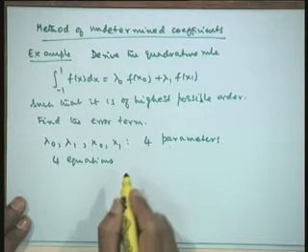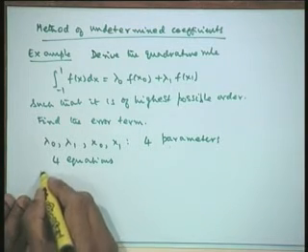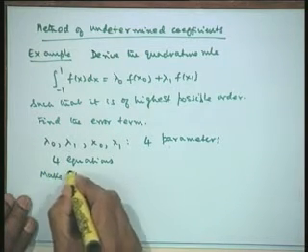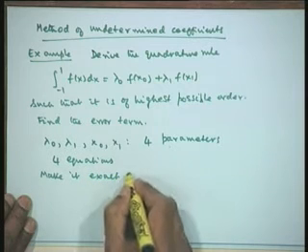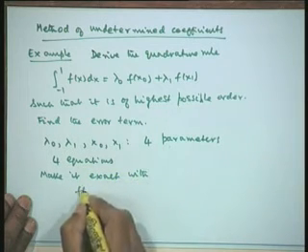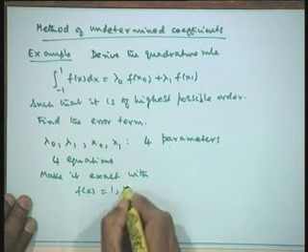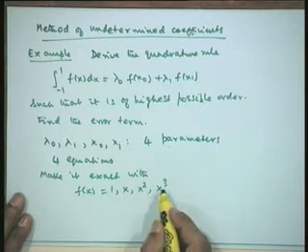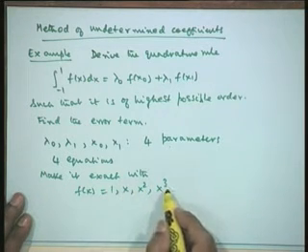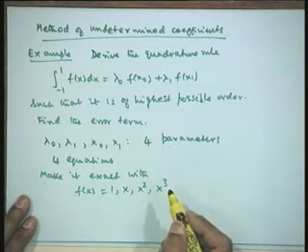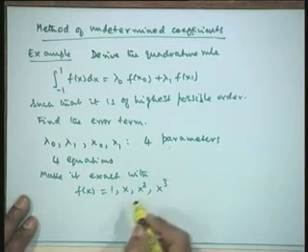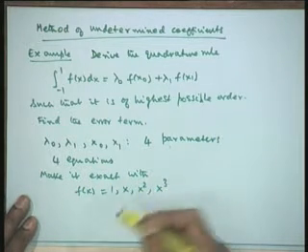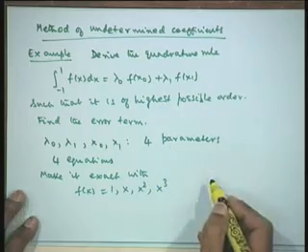Now since we need 4 equations, I must make it exact with f(x) equal to 1, x, x squared, x cubed. So each one will give us an equation. So I will get 4 equations in 4 unknowns. If any one of them turns out to be 0 equal to 0, then we do not have an equation, so I will go to the next one, x to the power 4. Now let us do this.